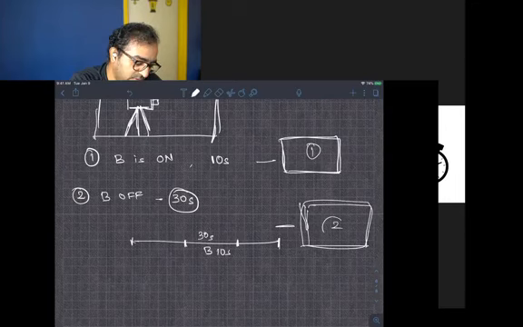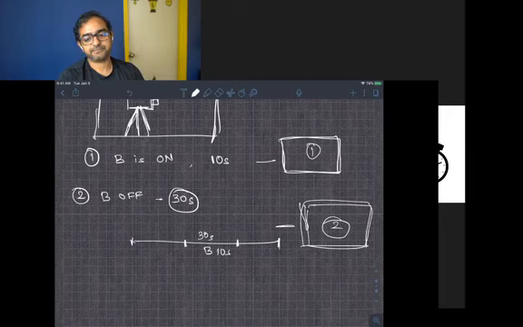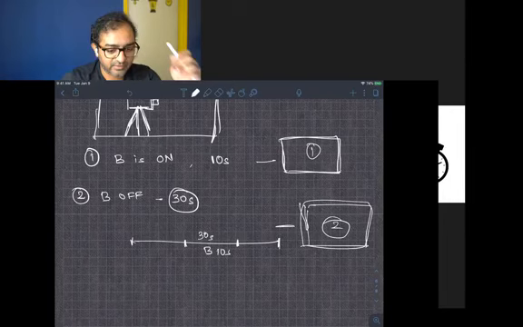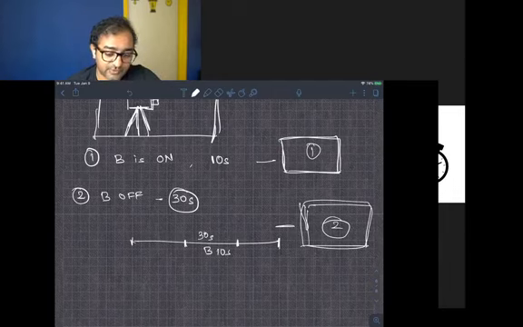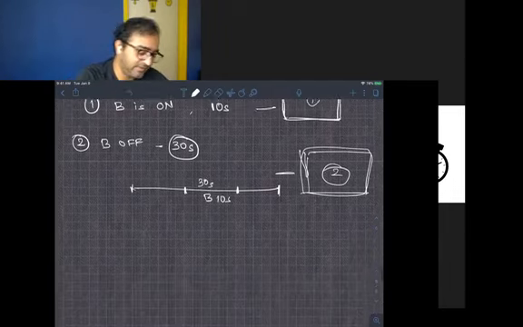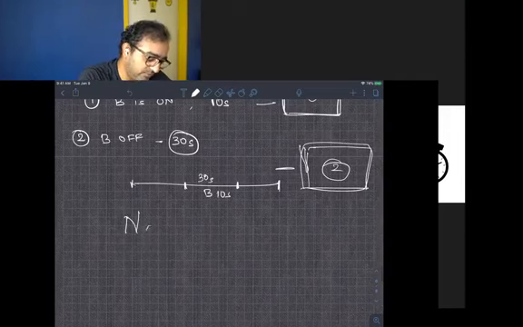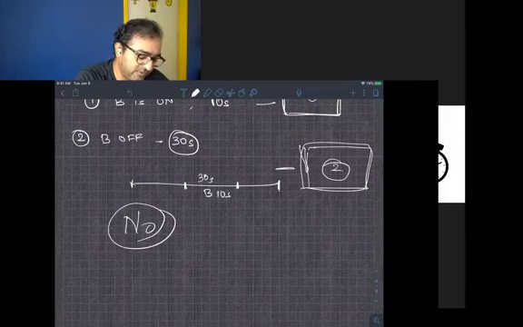Now that's the question you need to ask yourselves. Will there be a difference? I'm going to give you a few seconds to think about this. Maybe 5 or 6 seconds to think about this, and then I'm going to give you the answer. So here's the answer. The answer is that no, there will be no difference between 1 and 2.